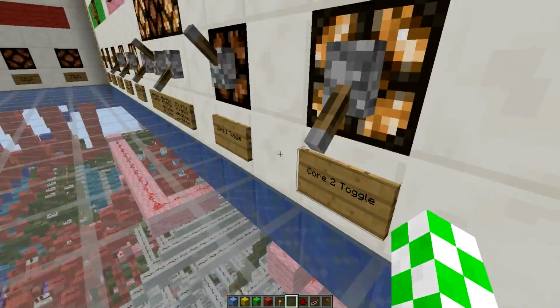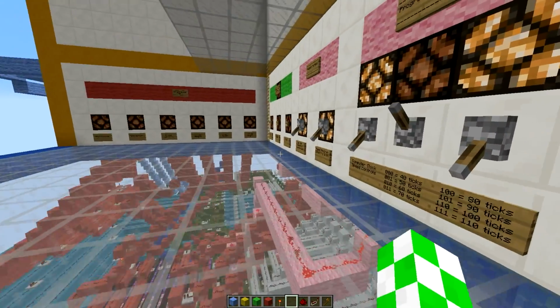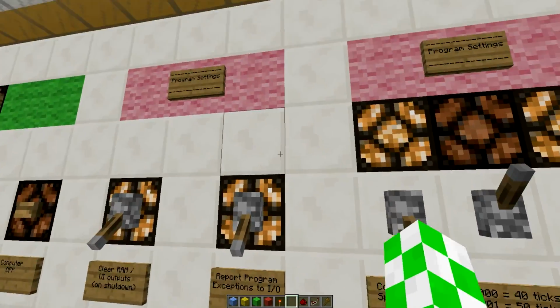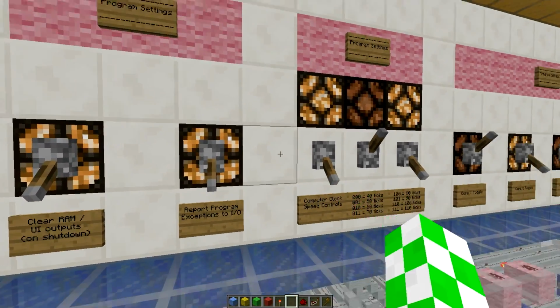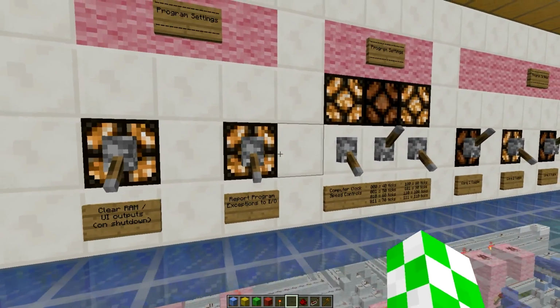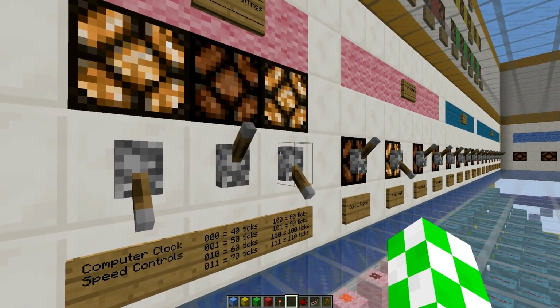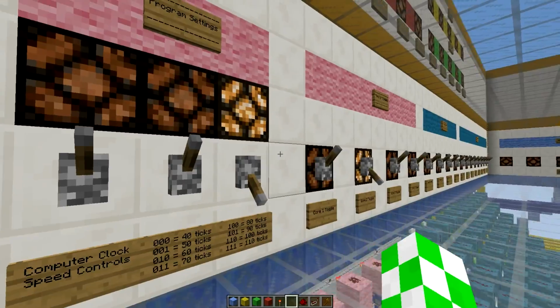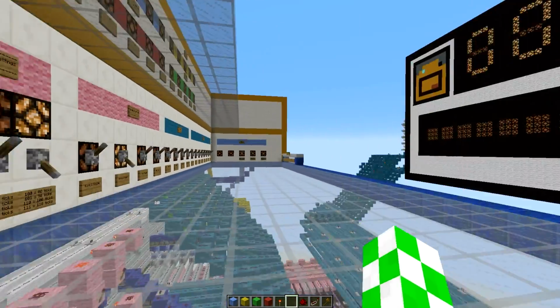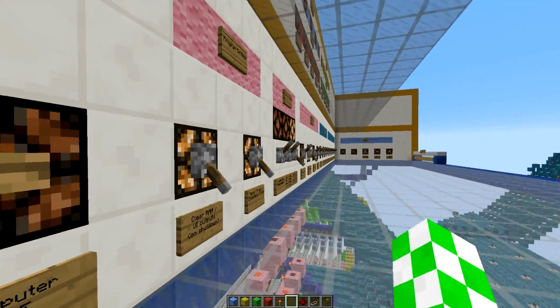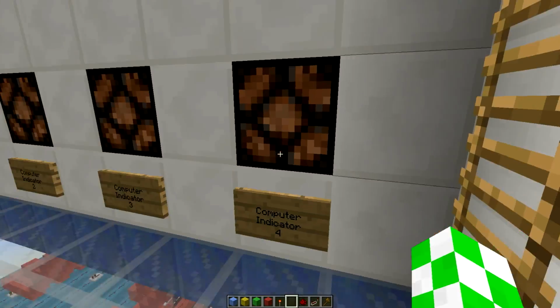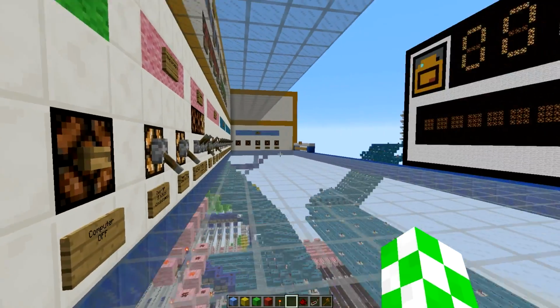Let's do it on core 2. I'm enabling the second core, and all of my settings are correct, since I wouldn't recommend changing them while the program is running, but you can if you put the computer to sleep. Actually I'll run it at 50 ticks, since it needs to be run at 50, it doesn't need to be run at a slower clock speed for now. So let's hope it doesn't lag. I'll turn the computer on,